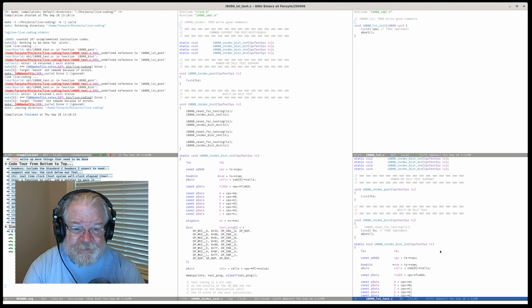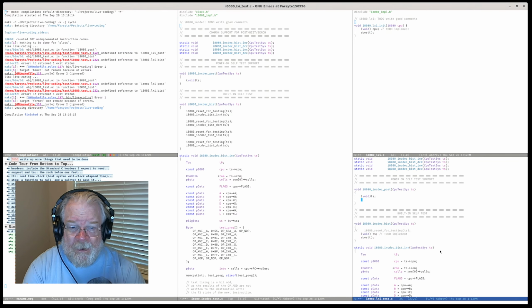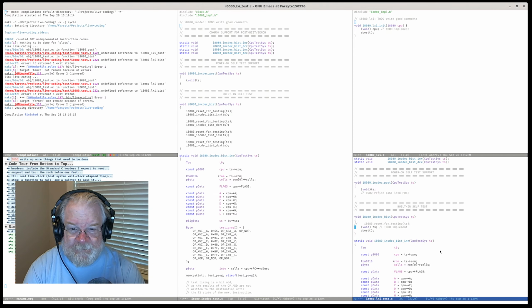Post, I will leave as just do nothing for now, but I will put in to do refine bist into post. There's several other modules where I have literally no post, and I have a significant bist. I couldn't see a way to make bist any slimmer to go into post.